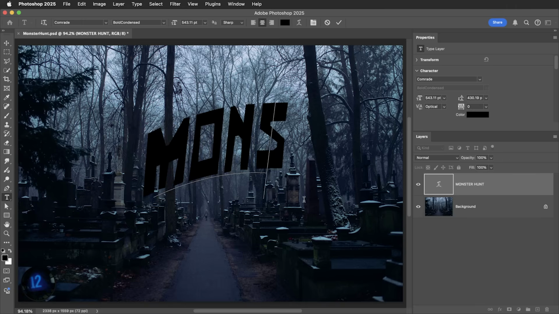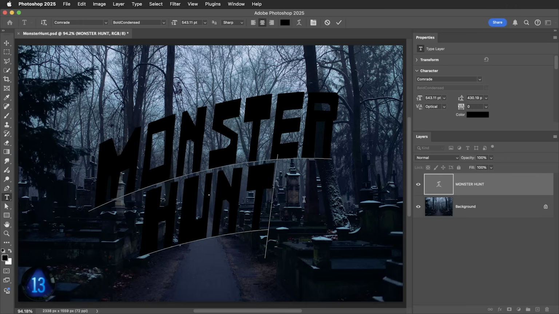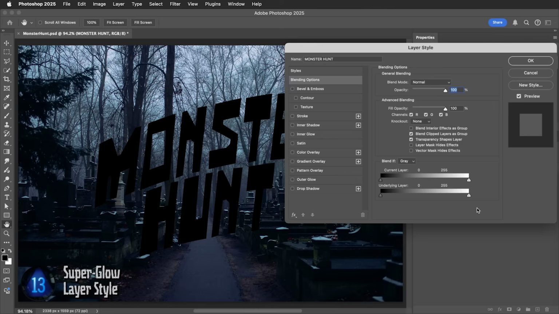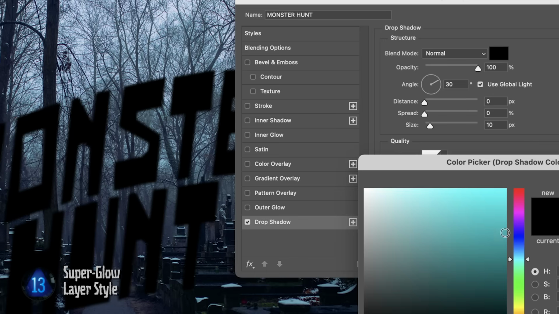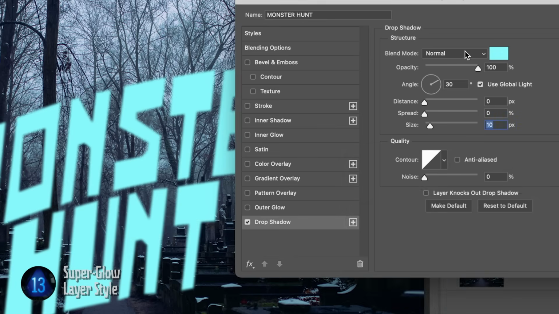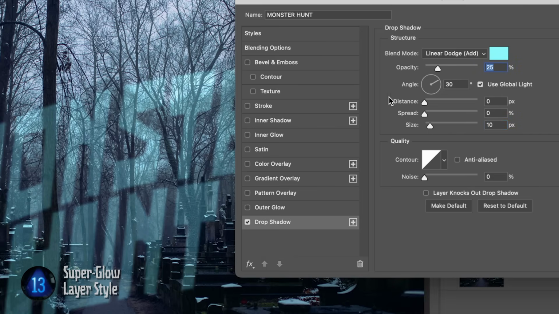Tip number 13 is going to take the same technique in a totally different direction. We'll use this blur drop shadow to create a glow effect that I think is much more dynamic than the built-in glow effects, because this doesn't have to be a black linear burn shadow. It can just as well be a cyan colored shape set to add mode. We'll make it kind of faint at 25% opacity,